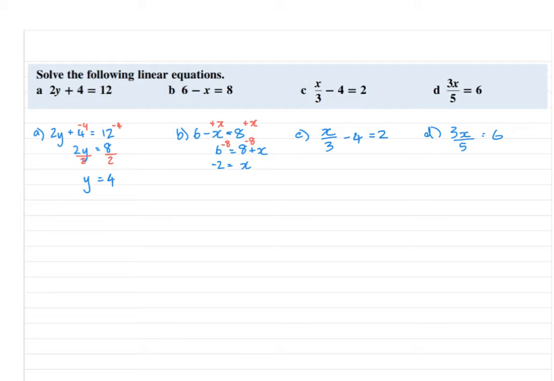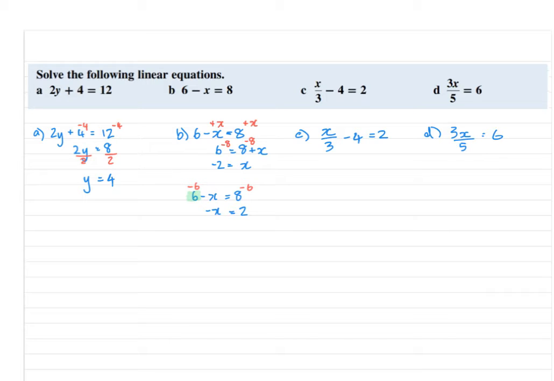I could have done this one in another way. 6 minus x is equal to 8. So I could have said in this case, let's look at the 6 first. This 6 here is positive 6. The opposite operation of adding is subtracting, so subtract 6 on both sides, which leaves me with negative x is